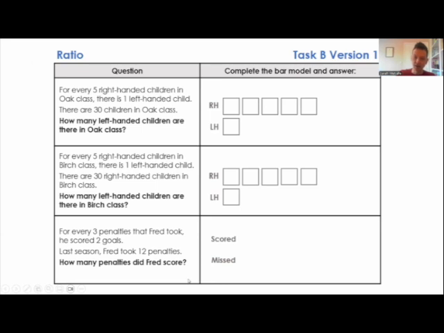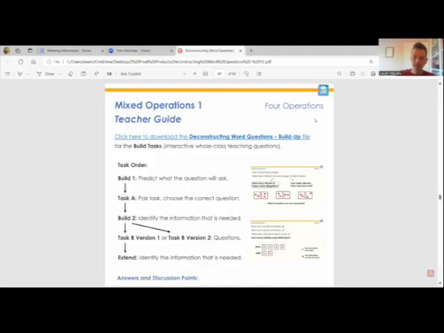Now, I wanted to show what the actual resources would look like. So if I go to the year 2 example, the resource itself has a PDF file, and you click here and you'll also be able to download the PowerPoint file, which can also be accessed as a Google Slides file. And so the resource has two files: the PDF file with the children's tasks on, and then essentially the slides,